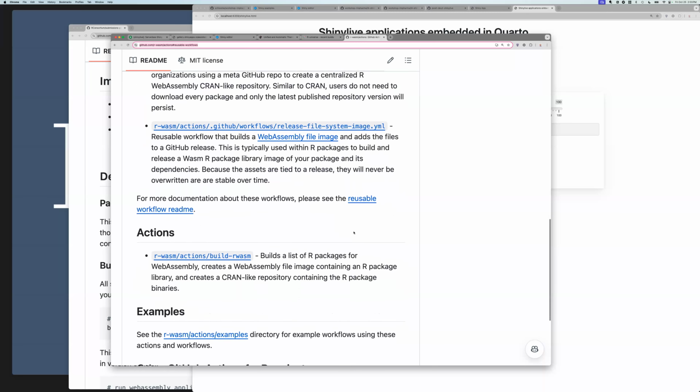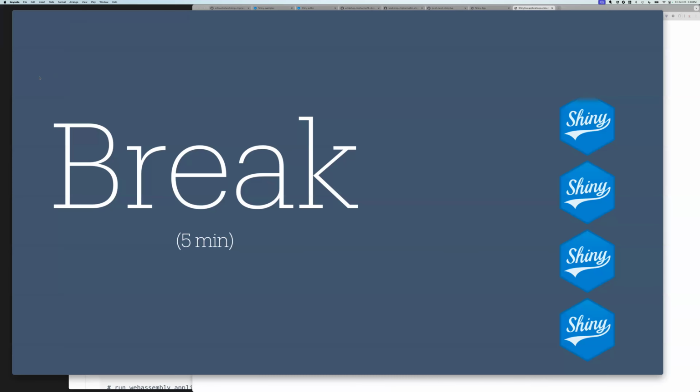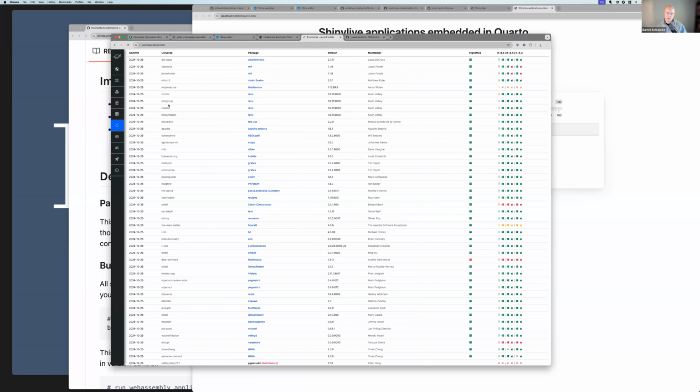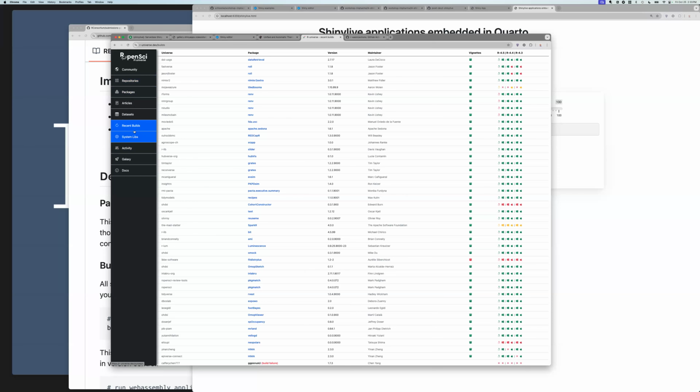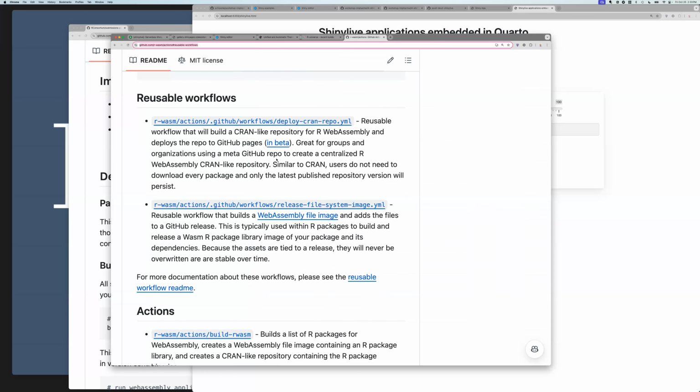So if I remember you saying correctly, Barret, even for an organization that has a private GitHub organization hosted on github.com, we could do this within our organization. Yes, you would need to do this reusable workflow stuff within your org. Much more handholding, and R-universe may have private repos, but I don't believe they do. I don't believe so either, but I will be pursuing this for sure, especially in the coming year.